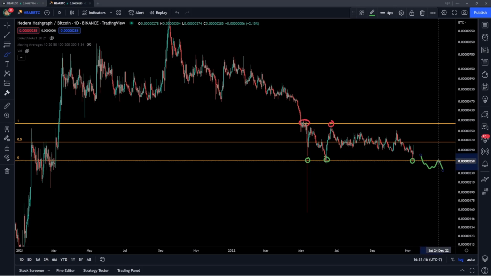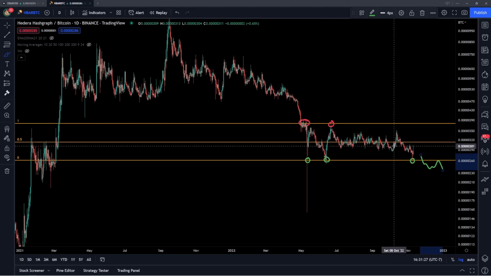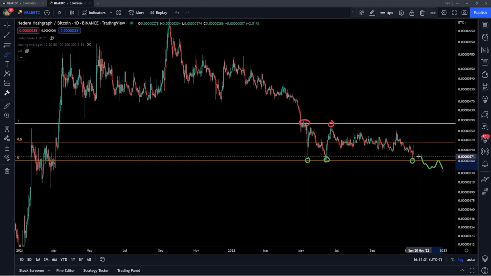And certainly this doesn't have to happen. I'm just throwing this out there because eventually we will get a breakout of the range and eventually we will have a continuation or a reversal. But until that happens, we're still range bound. And I want to discuss this ahead of time because we really don't know at this point which direction this is actually going to break out to.